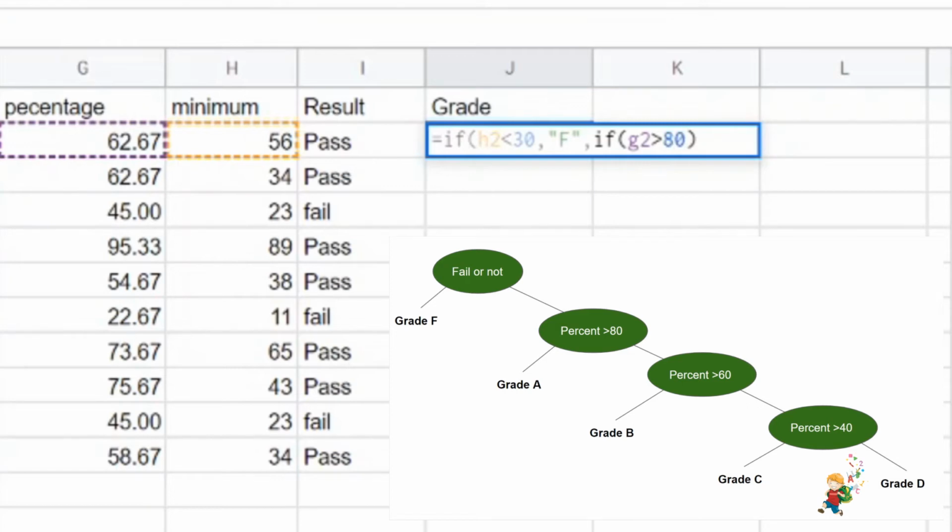If the student gets more than 80, meaning 81 to 100, then we will give A grade. If not, then what? We have to check again. Again we can write the if condition.